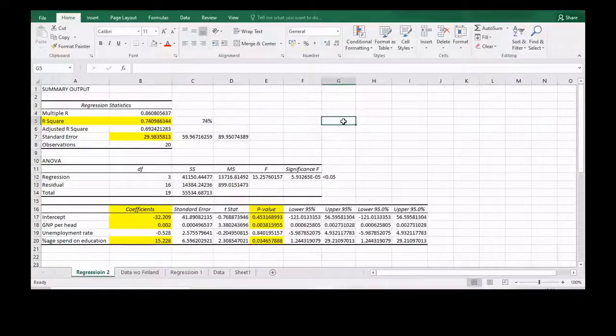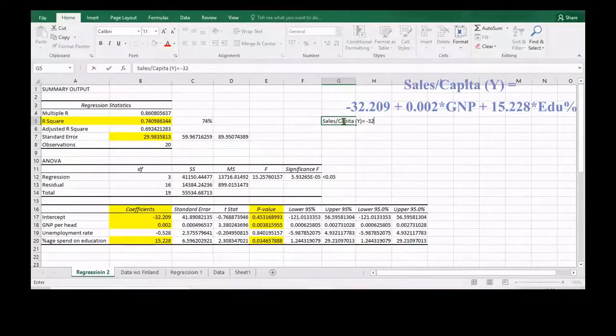So now the equation will become sales per capita, that is Y, is equal to minus 32.209 plus 0.002 multiplied by GNP plus 15.228 multiplied by education.